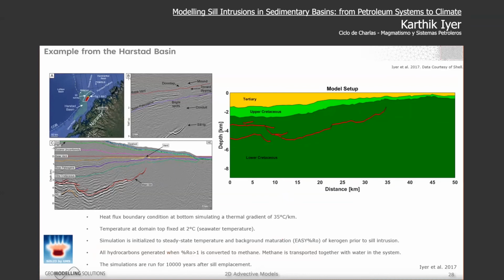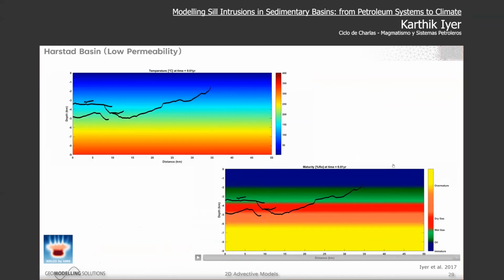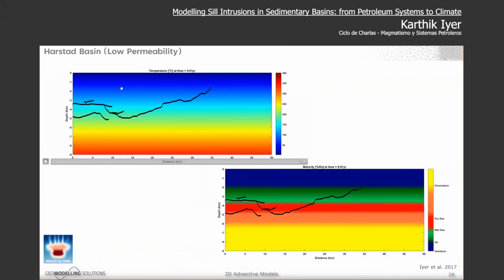Why does it occur here? That was our main question. So let's go back, and I have to switch my pointers again. Lots of videos. So we look at a setup where we have low permeability. Low permeability because we have a permeability structure in the sediments for sure. It decreases with depth because of compaction. Porosity and permeability will do that. But we really don't know what the values should be.